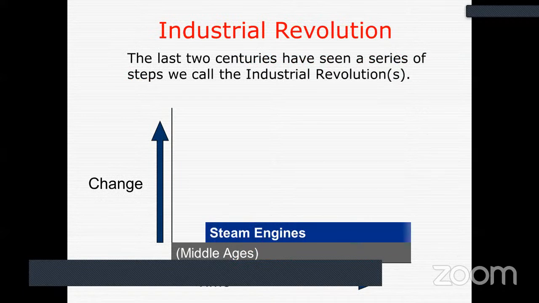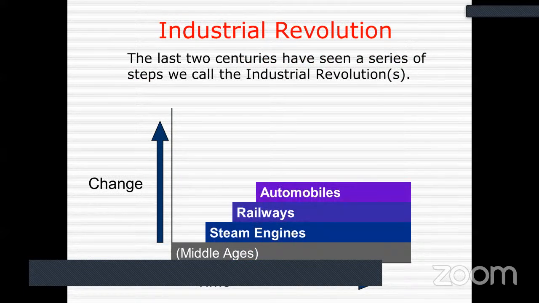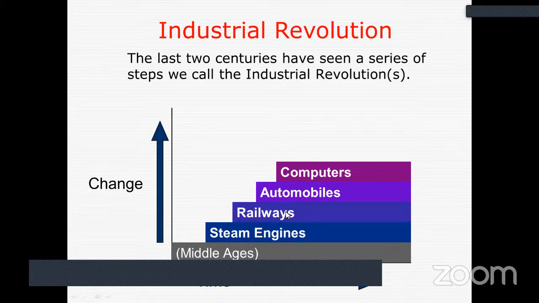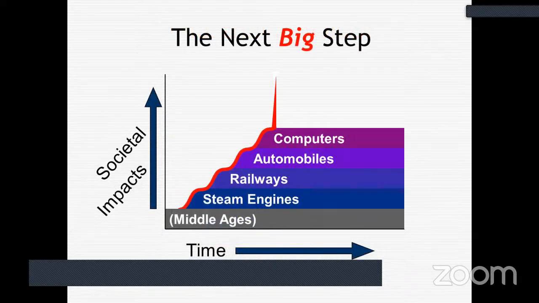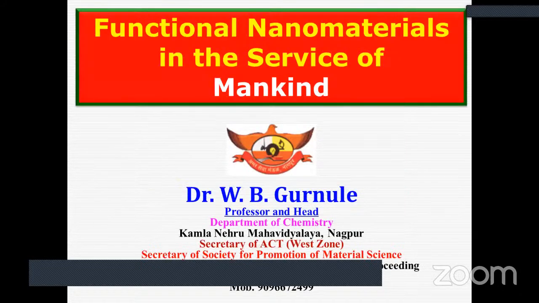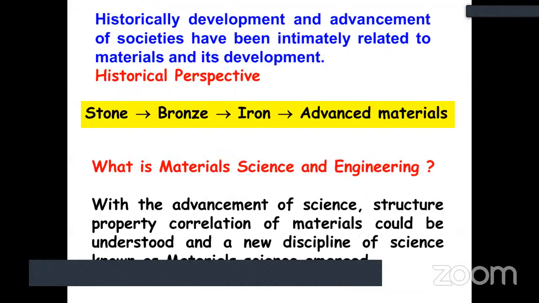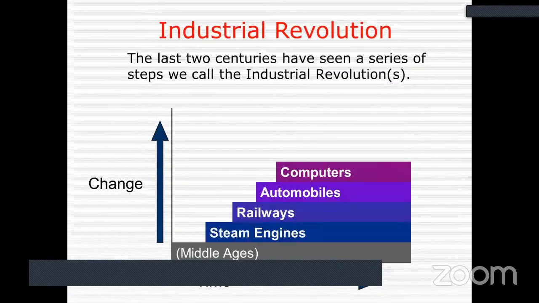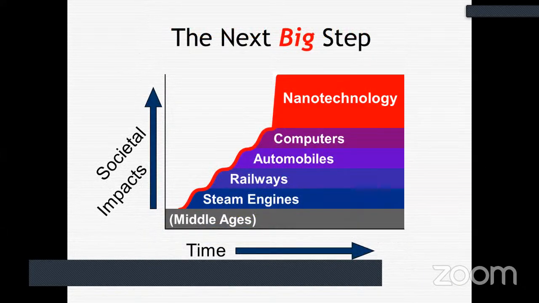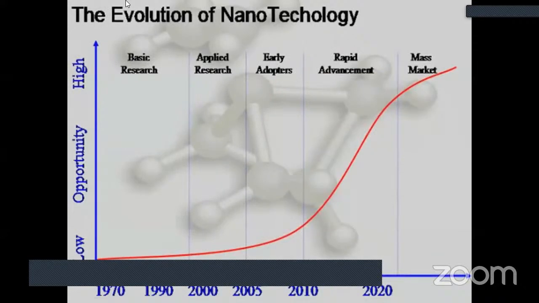So before going to see the applications, here the industrial revolution is there. If you go through the change with time, after the middle age, the steam engine came, then railways, automobiles, and computers. After all these things, what is the next big step? We can say that is nanotechnology. Nanomaterials and nanotechnology are both very important, and because of that, we know the advancement in nanotechnology. Now, if you see the evolution of nanotechnology year-wise, here it is shown